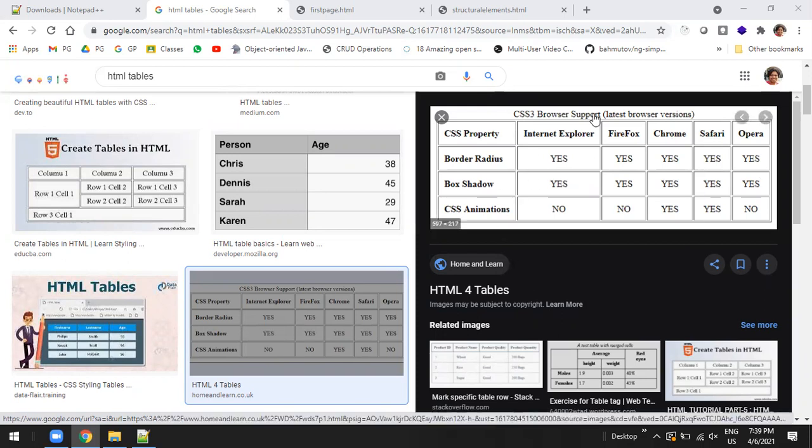In this table, the CSS property, Internet Explorer, Firefox, Chrome, Safari is one row. Border radius, yes, yes, yes is another row, and this is another row. So there are 4 rows in my table, and under my table I have to create 4 rows.